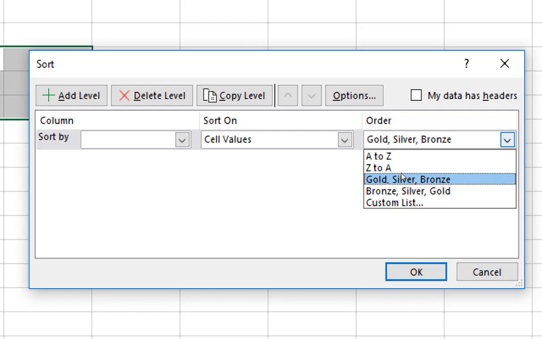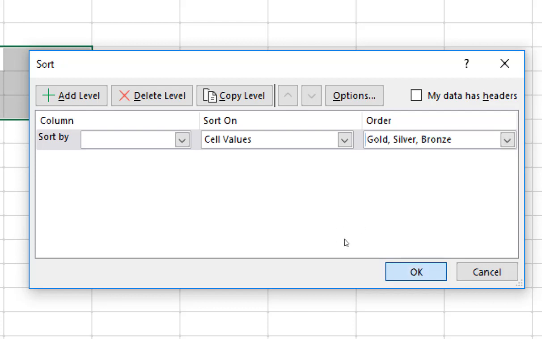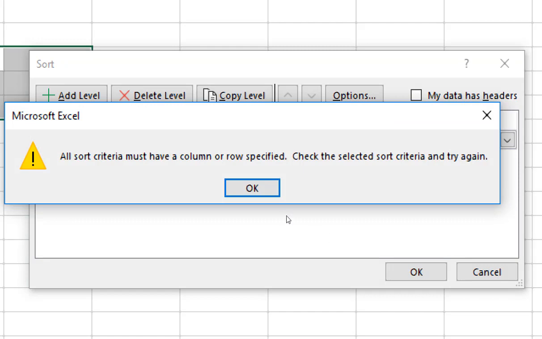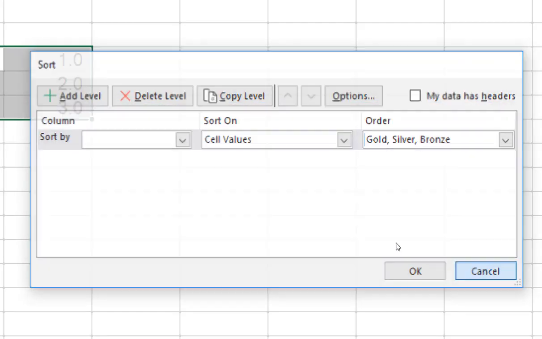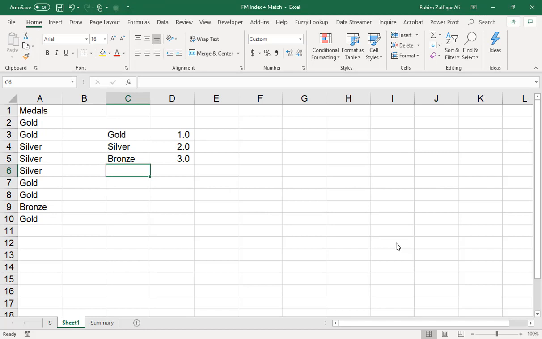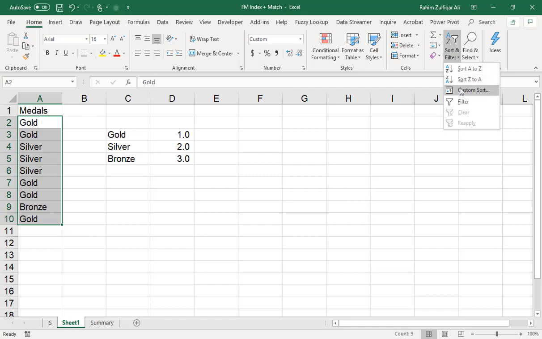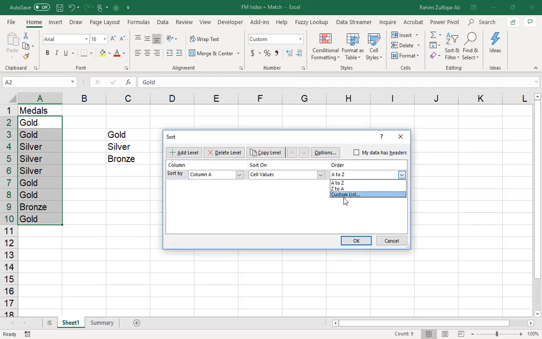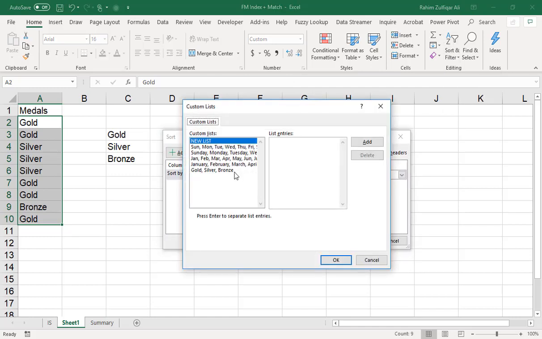Now you can see that I have two kinds of orders as my customization: gold, silver and bronze, and bronze, silver and gold. Press OK. Now what we need to do is select this medal list, go to custom sorting again, and check that we have this list of gold, silver and bronze.